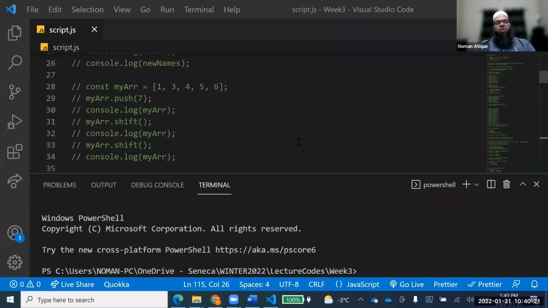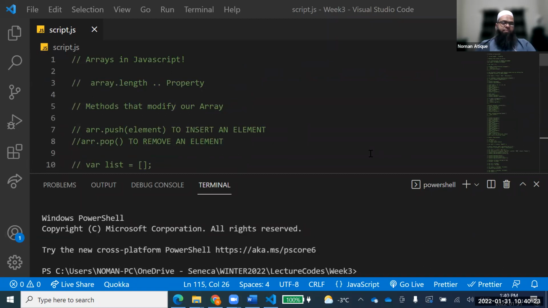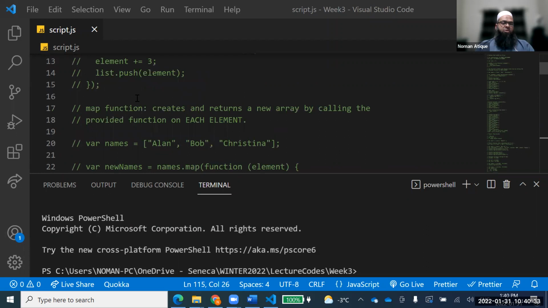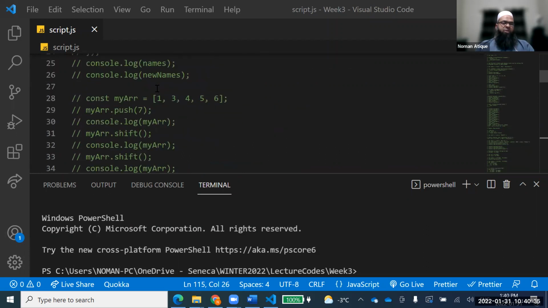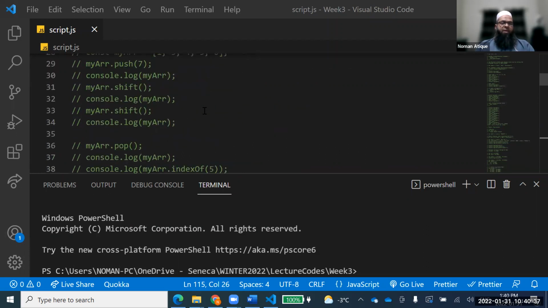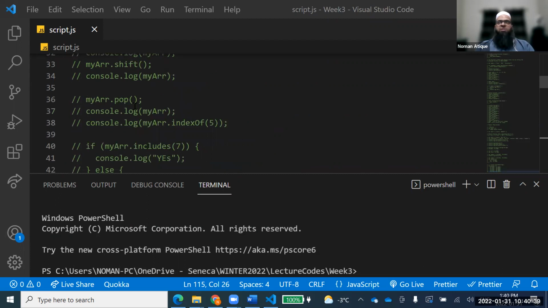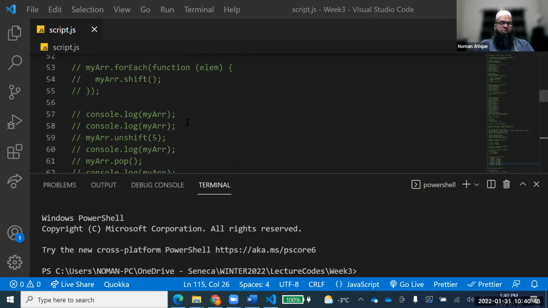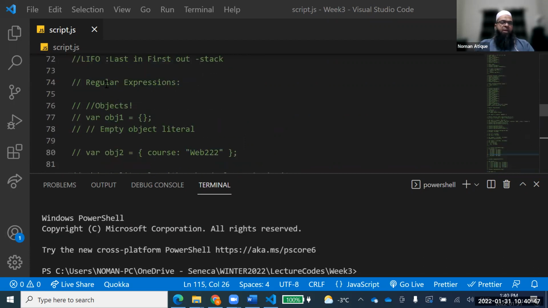Last week we talked about the object data type. We started talking about arrays in JavaScript. I told you that there are certain elements of arrays. There's the map function that we talked about. Then there are some other functions that can modify our array, one way or another. So we talked about push, pop, and all those functions. Then we talked about